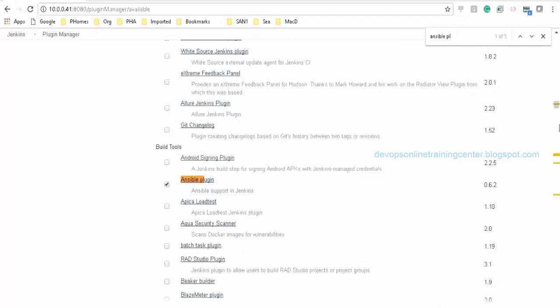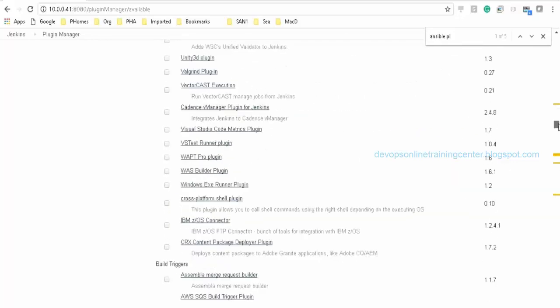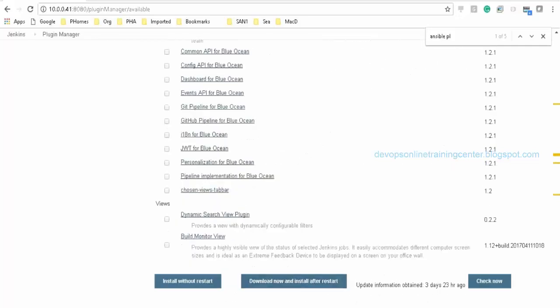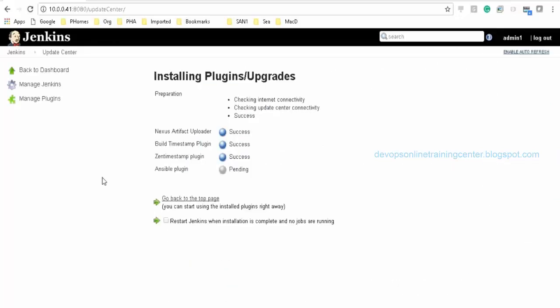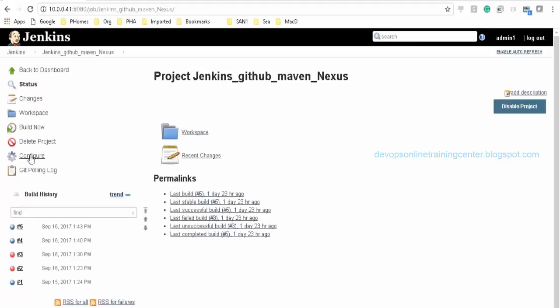I'll just install this. Install without restart. Now in this job, I'll configure Ansible as well. So I'll just go to configure.